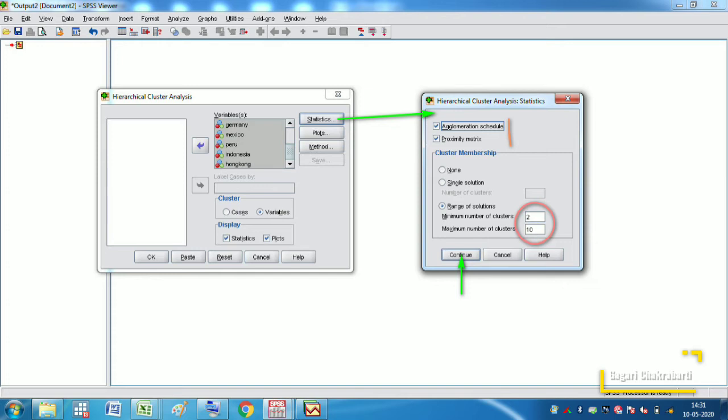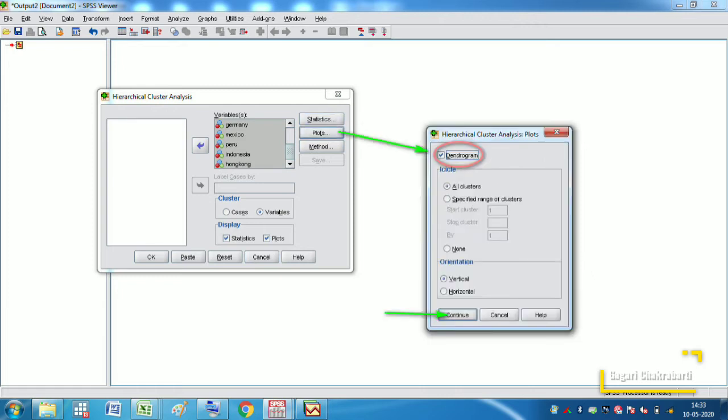Next we have the range of solution. The range of solution is given from 2 to 10. The maximum number of clusters is 10 so that each market forms its own cluster. The minimum number is 2 so that there are at least 2 separate clusters. We do not enter 1 here because that would mean that all the markets will be clubbed under one cluster, so that there is actually no clustering at all.